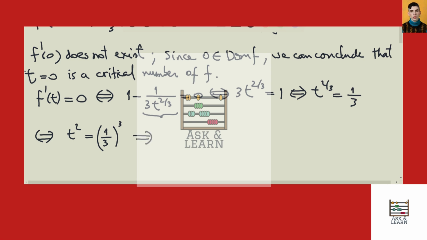And here we have two solutions: t equal more or less the square root of 1/3 to the third, and we can write this as 1/3 to the 3/2. And we have two values; in order to have an idea, this is about